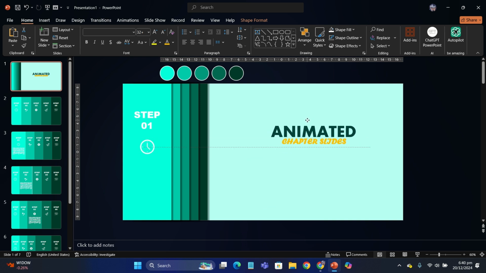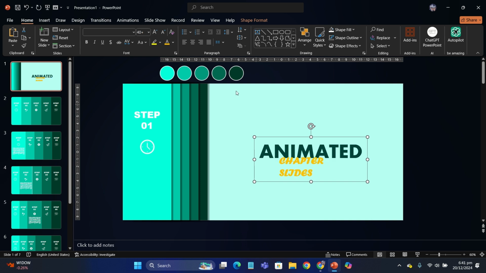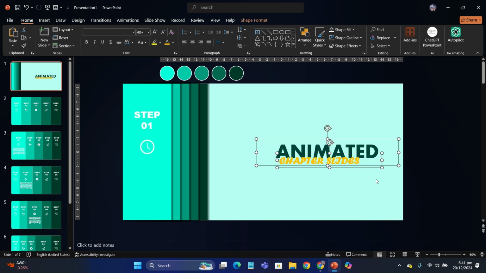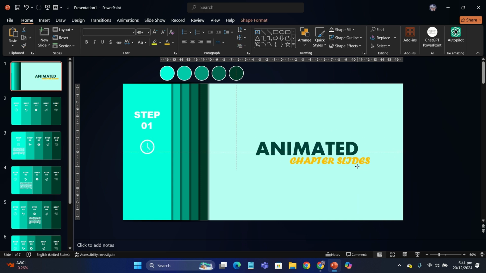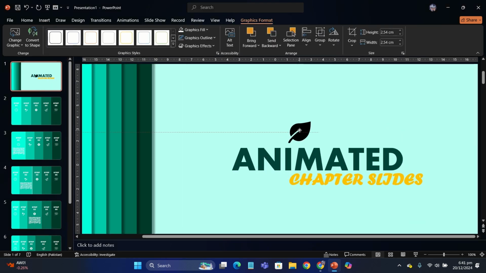And here you go. Now let me just move the text box into the middle of the slide while grouping them and then ungrouping them. So I want my text to be visible more clearly, so I'll just increase its size. Here you go. Next what we're gonna do is go to the Insert tab and icons and search for leaf. As you can see, my background theme is green, which is related to greenery and plants. So I'll just use a leaf for the